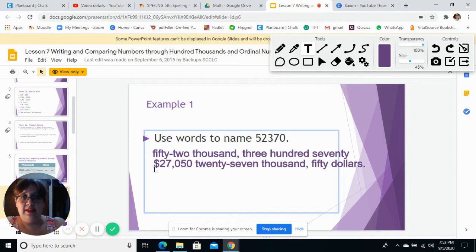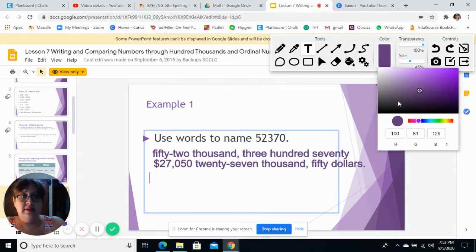We would write it out, 27,000, comma, $50. So wherever the comma is in your number is also where the comma goes when you write it out. Okay, now if our number got longer, let's pretend we get a longer number here. I'm going to switch colors so that we can see a little bit better. Let's go to blue. Okay, so if our number got a little bit longer, for example, 125,